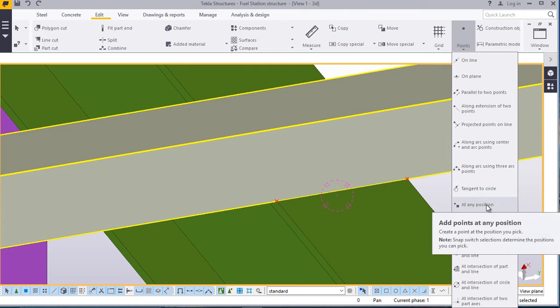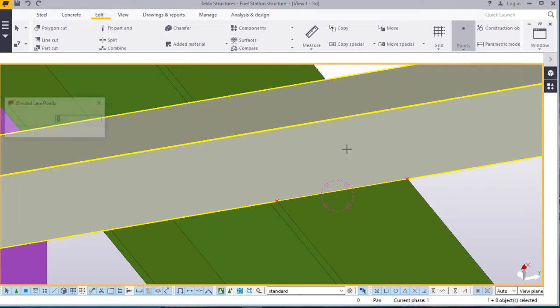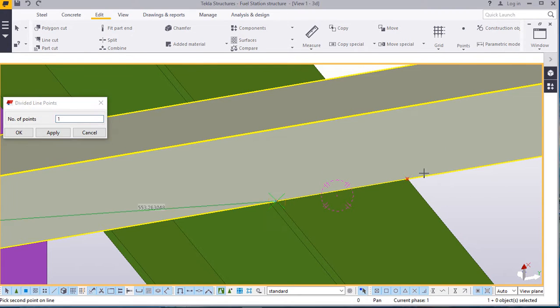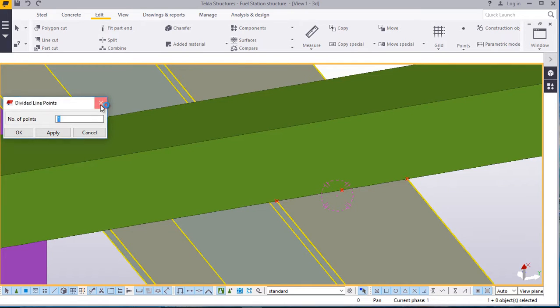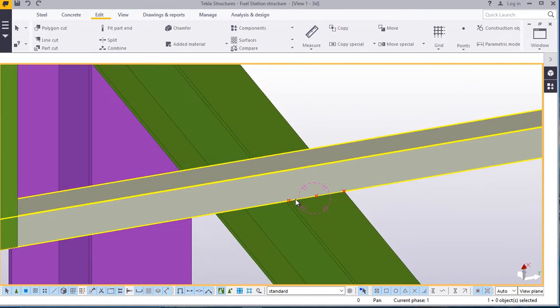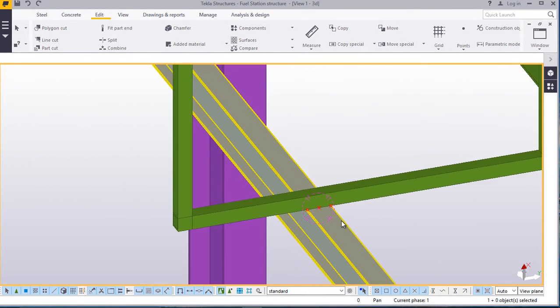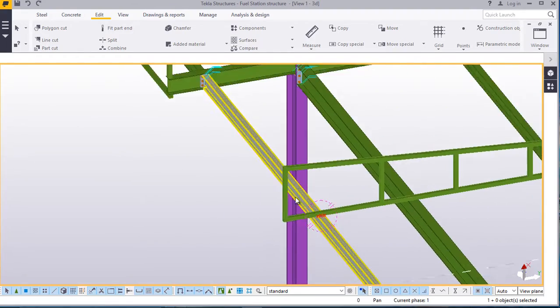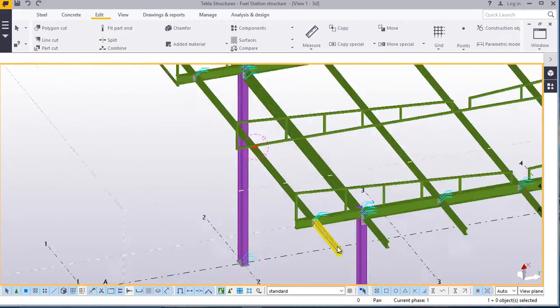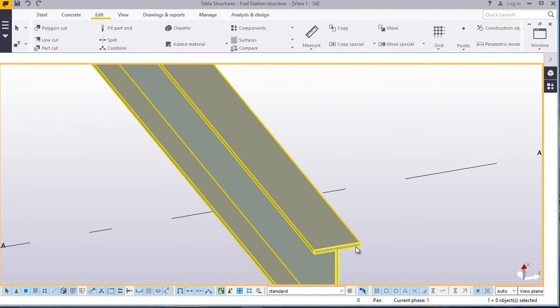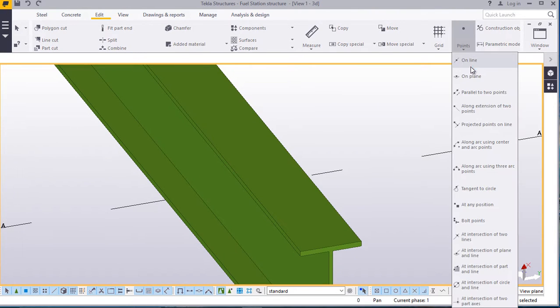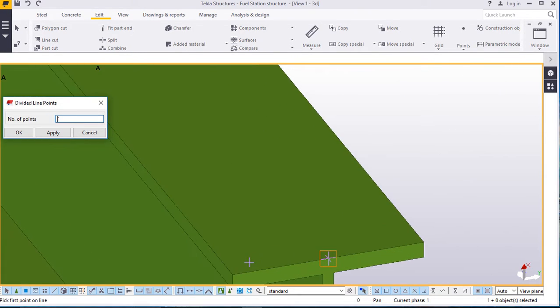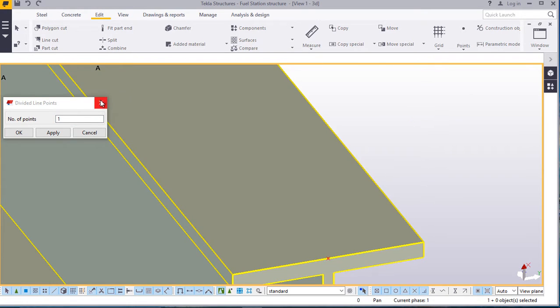Now we'll come to any position or on line. We'll snap there and snap here. Our point has been placed right in the middle. Come here again and do the same thing. Now just go straight to online, point, click there, accept that,